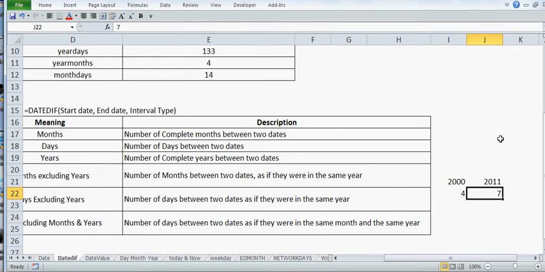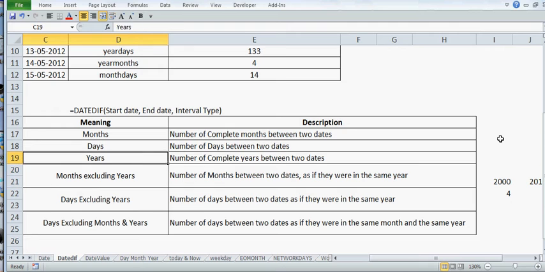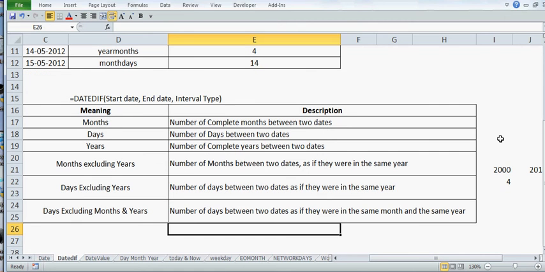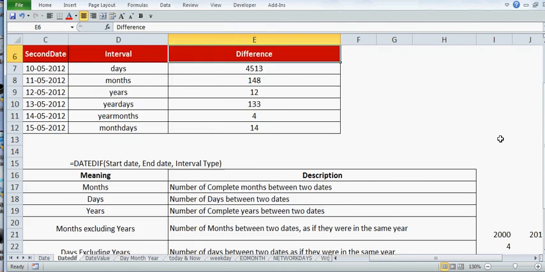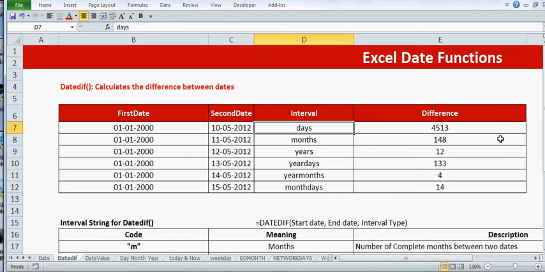So the answer for this will be 3, because there's a difference of around 3 months. In the same way, we have also given the description for YD and MD. You can go through it and learn more about it. We'll just focus on the practical part.